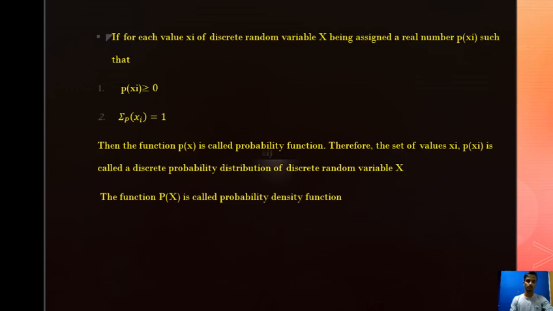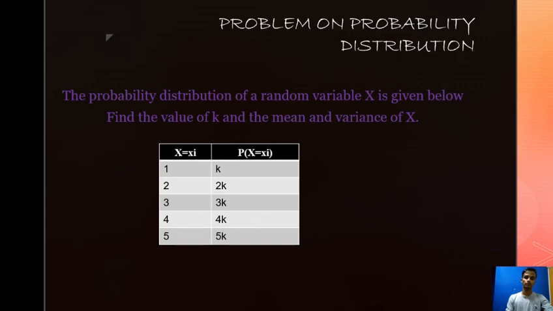Now, let us speak a few words on the problems on probability distribution. The probability distribution of random variable x is given below. Find the value of k and the mean and variance of x. At first, we have x equal to xi and p of x equal to xi. The values of x are 1, 2, 3, 4 and 5. The values of p of xi are k, 2k, 3k, 4k and 5k. In order to find the mean value,